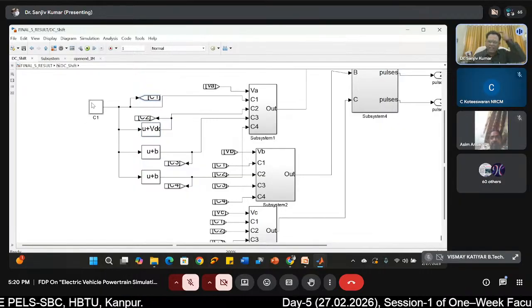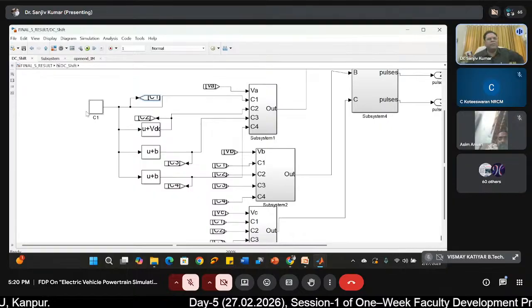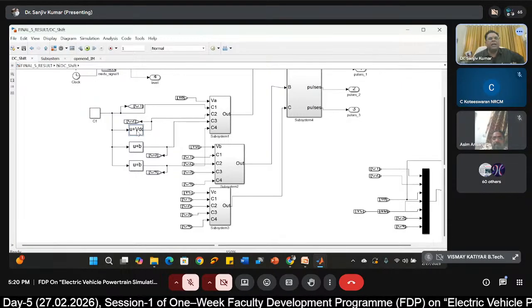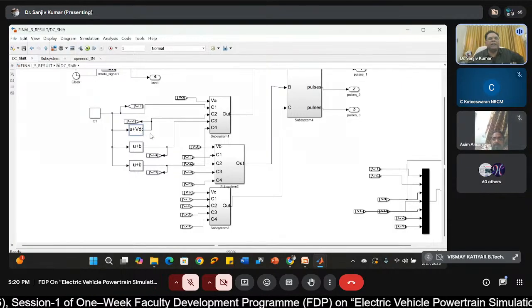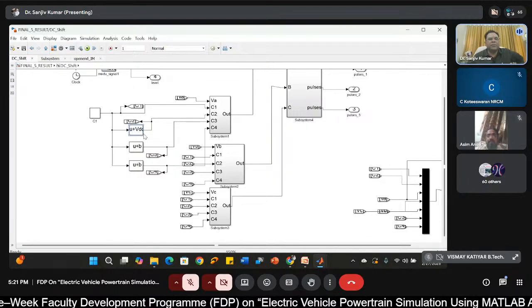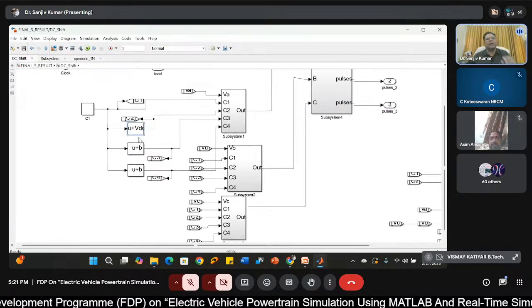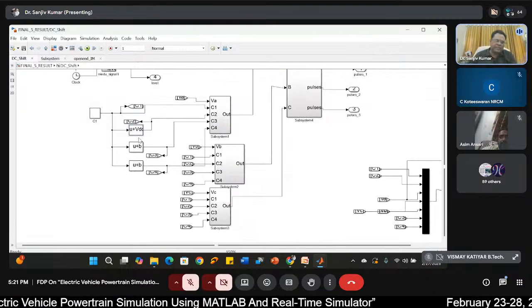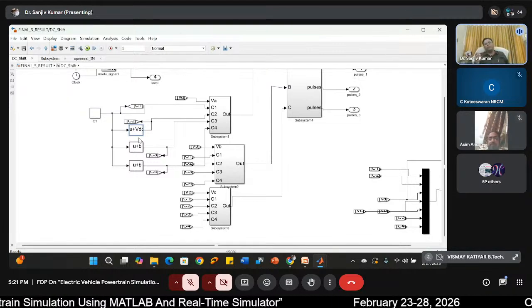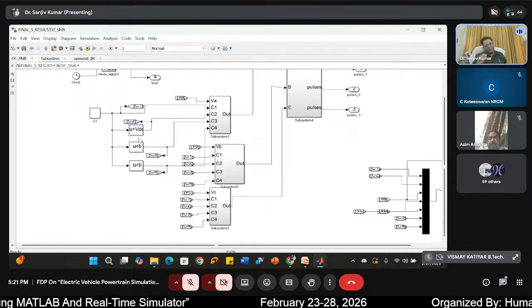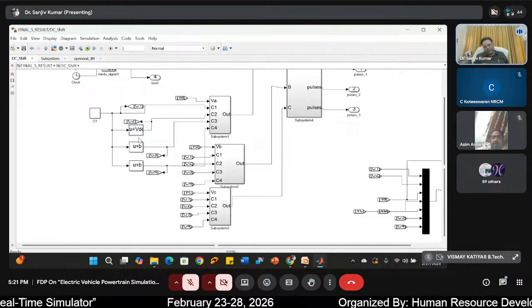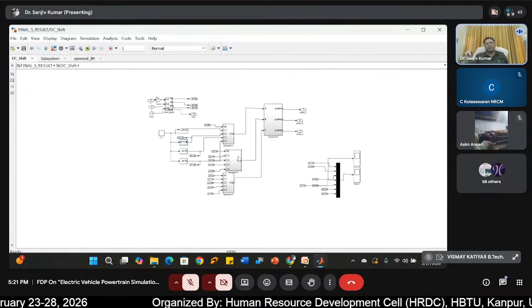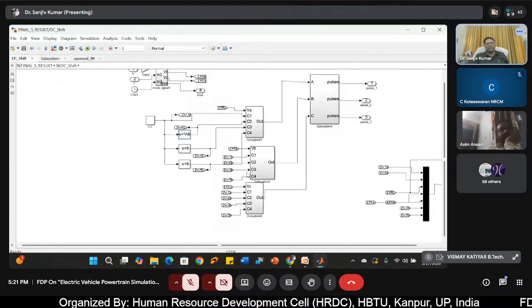I suggest rather than using different triangles, you use one simple triangle and provide the offset. This is why we are providing this offset. I hope you remember, as I told you, that we don't want to put our reference signal in the middle of the triangular. What we do is, for lower modulation index, we put it at the lower side, I mean the first triangular, then for the second, then the third, and it keeps on increasing toward the upper side. So for that reason only we did this.